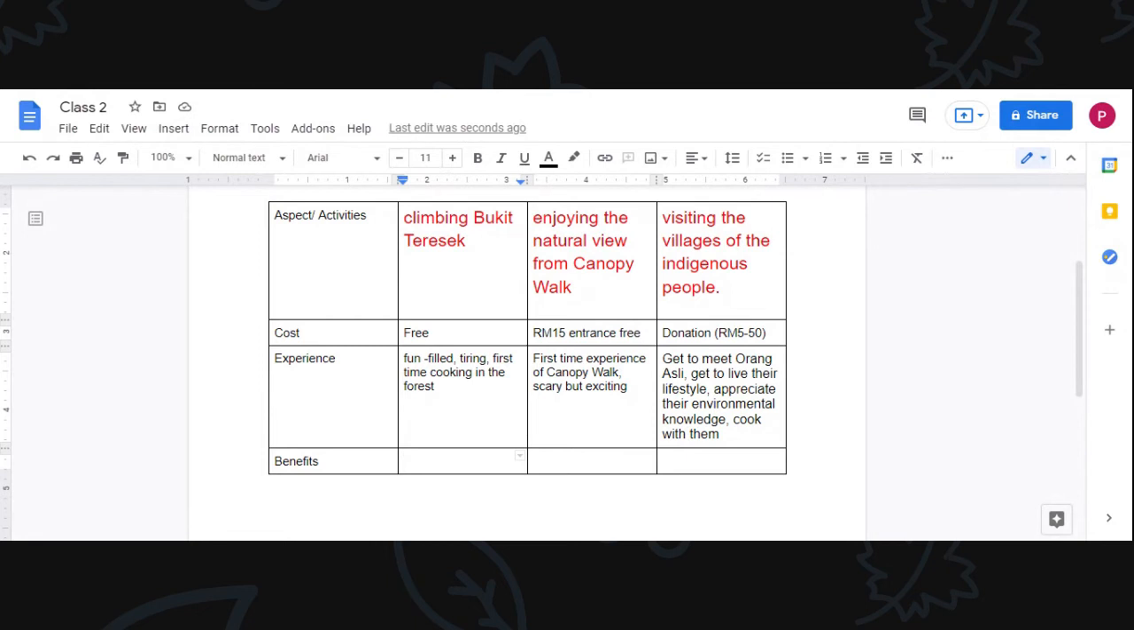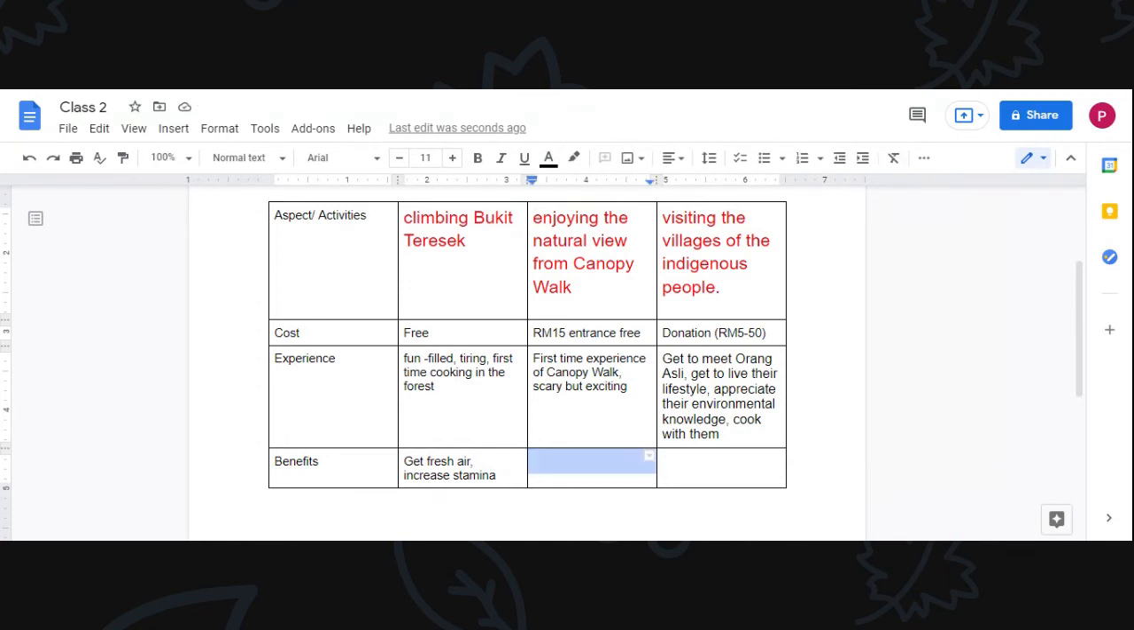What is the benefit of climbing? So you get fresh air. Obviously, you get fresh air. It increases your stamina. And enjoying the canopy walk, the natural view. What is the benefit? You can learn new knowledge. Not learn lah, gain, dapat, gain new knowledge